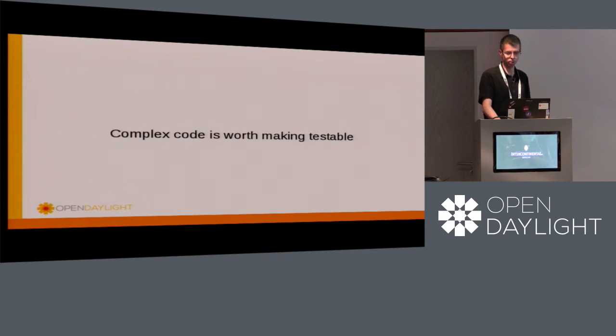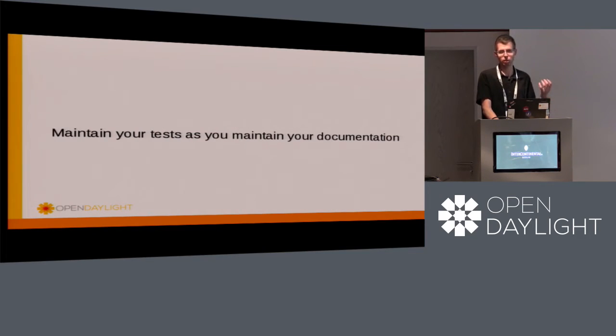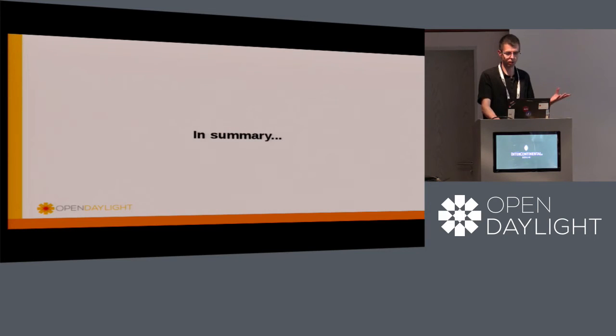A couple more remarks. Complex code is worth making testable, and that might mean changing the code. You need to maintain your tests as you maintain your code, but you also need to maintain them as you maintain your documentation, because your tests are related to your APIs and to your documentation, not so much to the code itself. So in summary, build tests, automate them, push them upstream, know what you're testing,